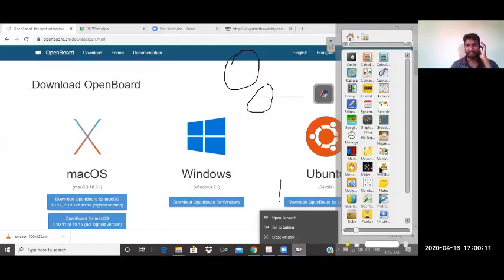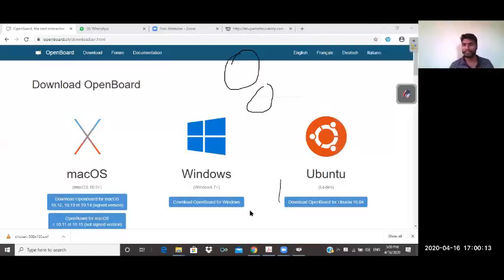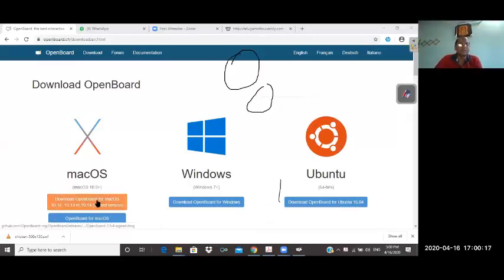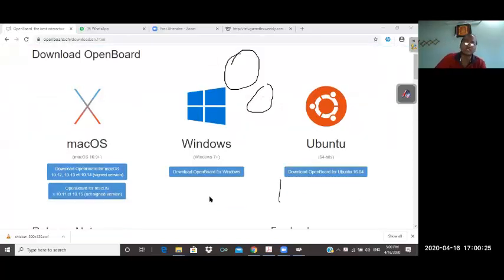Now see this, sir. This is for Mac. If you have Mac tablets or Mac PCs, you will download this one. Otherwise, this is Windows. This is for Ubuntu. Those who use open source software will download it. Mostly, I think all of you have Windows. But remember one thing: this version will work only on Windows 7, Windows 8, Windows 10, like that. It will not work in Windows XP, sir.